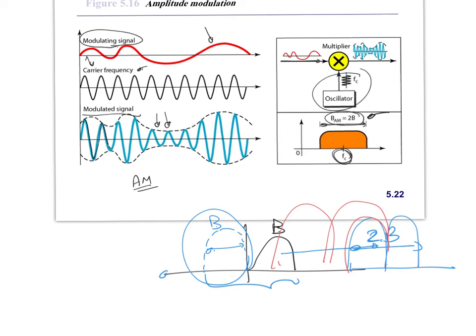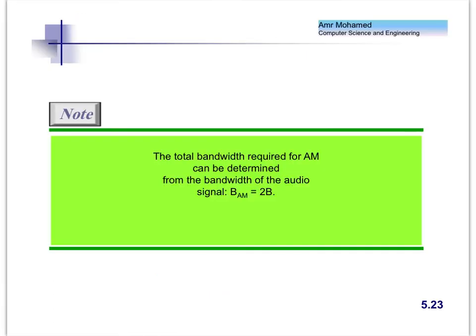So Nyquist actually explained this phenomenon, and based on that, he said that the minimum bandwidth for AM modulation is double the bandwidth of the modulating signal. Okay, so that's very easy. So this is AM. For AM, simply the result is that the bandwidth of the modulated signal, or the composite signal, for AM modulation is double the bandwidth of the input signal. Is that clear?